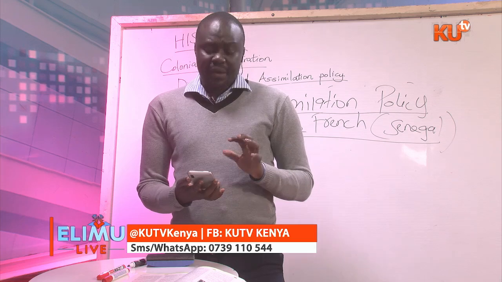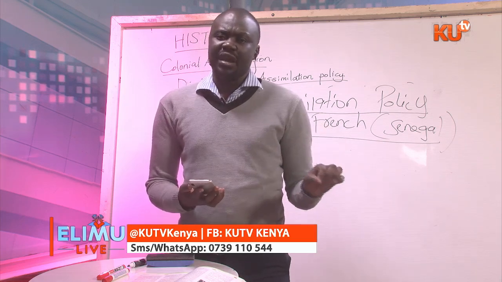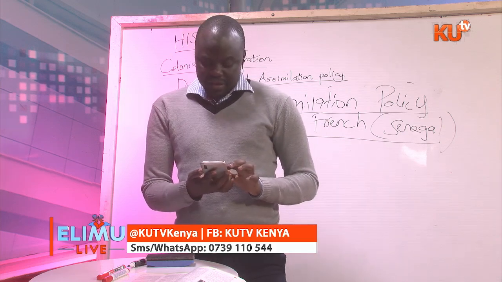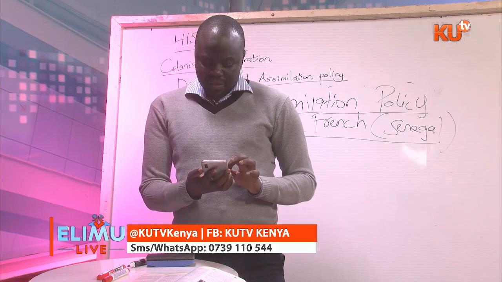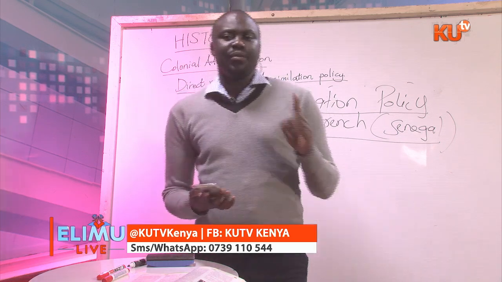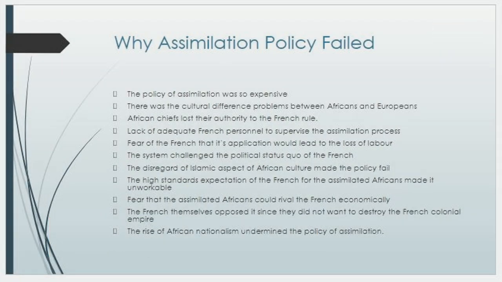So you realize that the French were willing to spend their money on Africa, unlike the British. Number 2, then there was a cultural difference. There were cultural difference problems between Africans and Europeans. There are things that Africans love. Number 1, polygamy. So it is African to become polygamous. So you could not convince an African that having only one wife was very